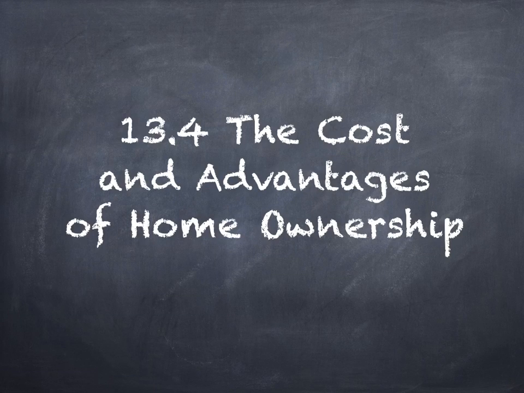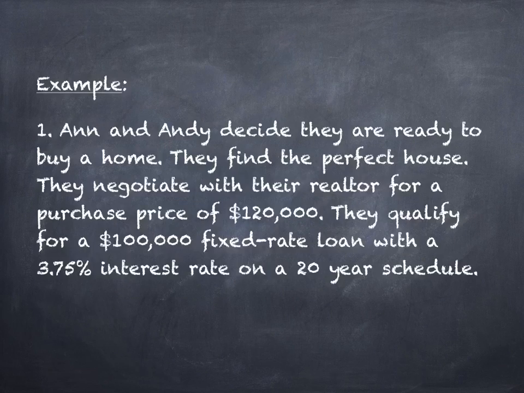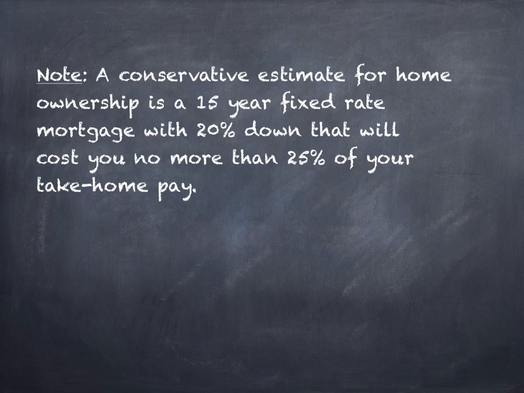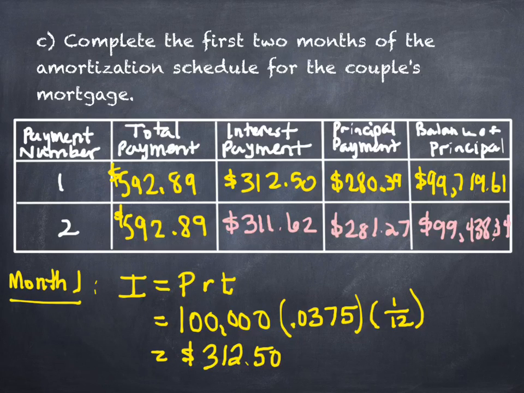All right, last bit of new information, section 13.4. We had taken a look at Ann and Andy, and we're going to finish up looking at them today. They were buying this house, and we'd gone through a few of the calculations. We found out how much of a down payment they need and what their payment would be per month. And then we looked at the first two lines of their amortization schedule, and we talked about the fact